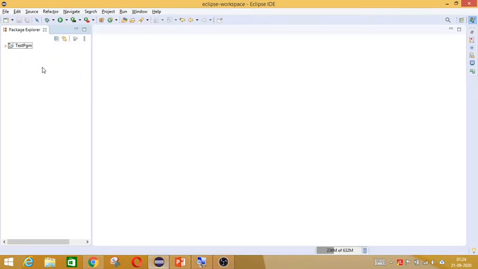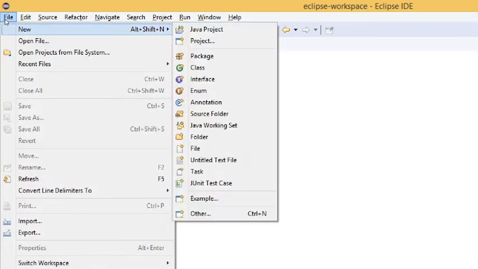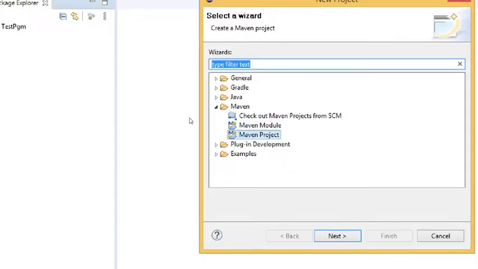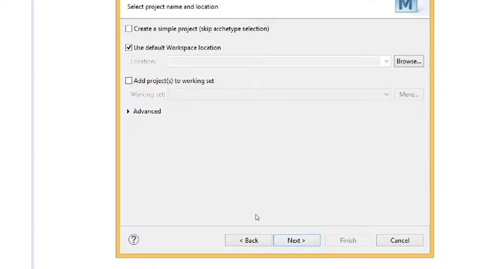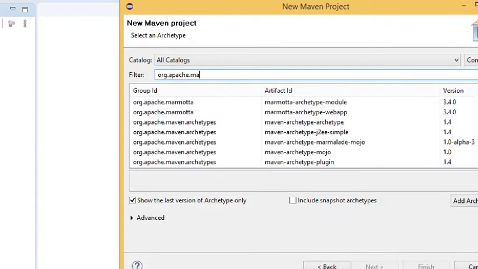For that, to begin with, as you know, we have to create a Maven project. We will create a Maven project, then give next. Here also you give next. Here you need to give org.apache.maven.